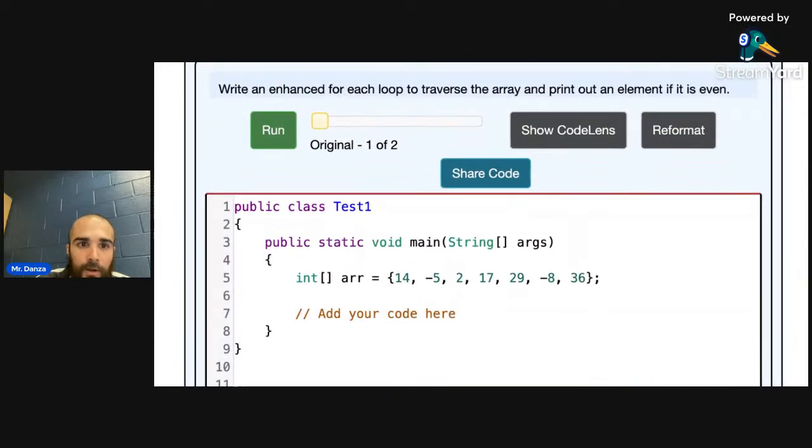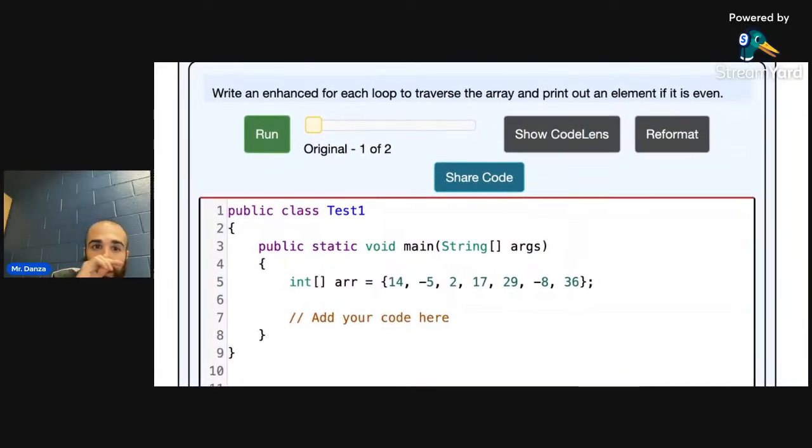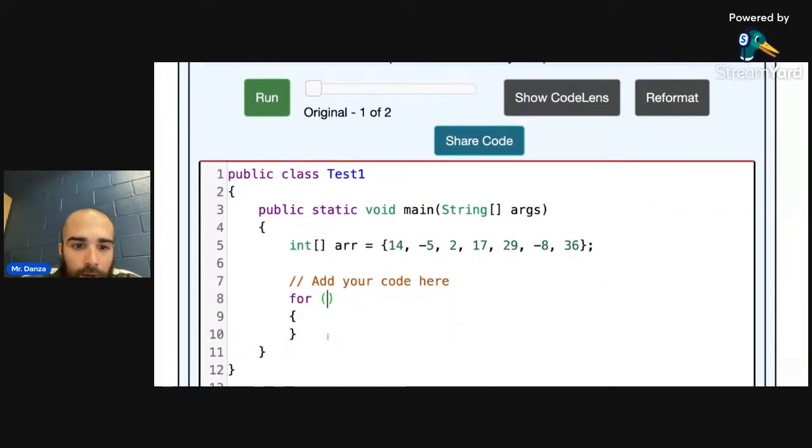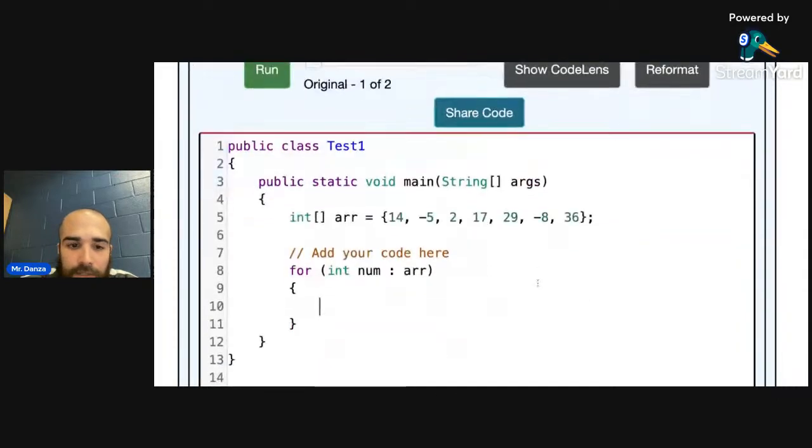Okay. It says write an enhanced for loop, enhanced for each loop to traverse the array and print out an element if it's even. Okay. Our enhanced for loop looks something like this, where maybe I'll say int num inside of the array. So it's going to go through every single one: 14, -5, 2, 17, 29. And we want to see if it's even. So I'll say if num,